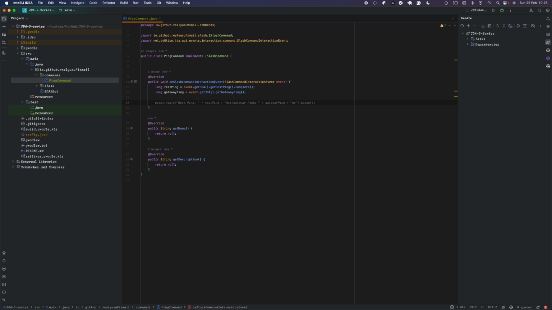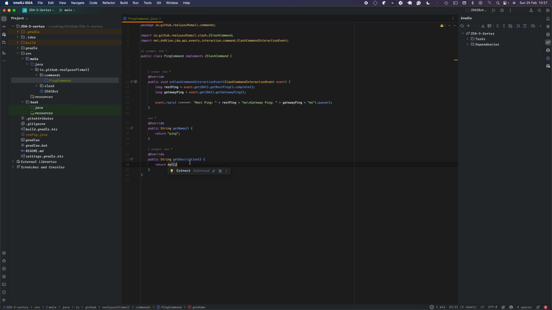When dealing with replies, you can have it reply like a normal message, or reply as an ephemeral message, which means the person using the command is the only person seeing it, or you can use embeds. It's up to you, but I'm just going to use the box standard way of replying. Later in the tutorials, I'm going to introduce some new reply utilities and a more efficient way of replying, and then slowly integrate and show you how to use embeds. So you just head over to event.reply and reply with your REST ping and your gateway ping. Now we want to return the name of the command, which is just going to be ping,